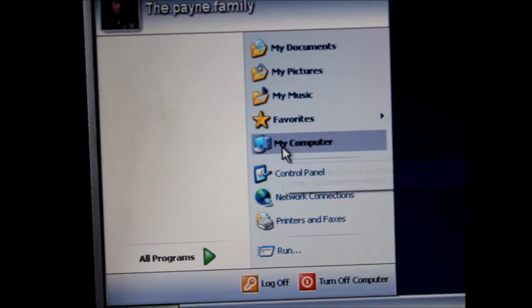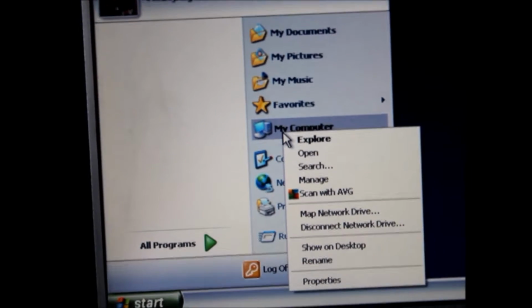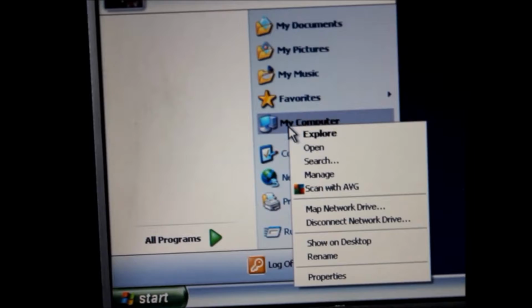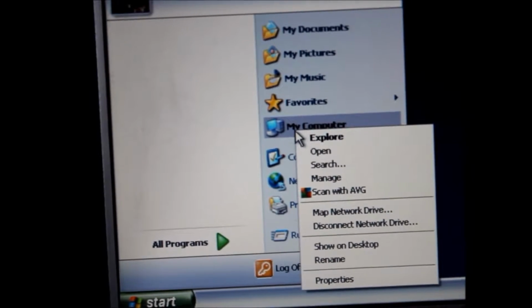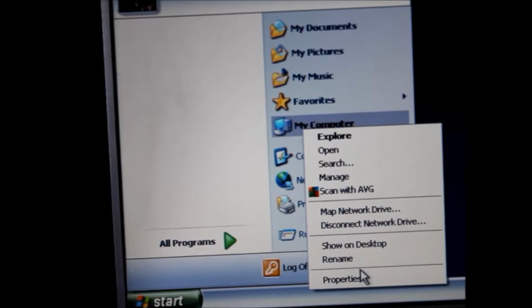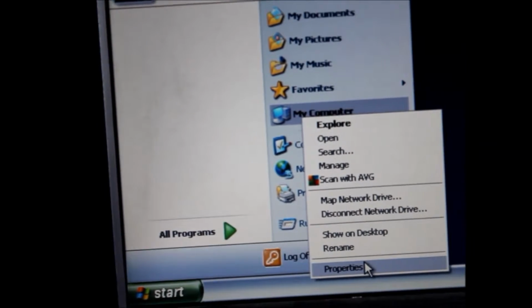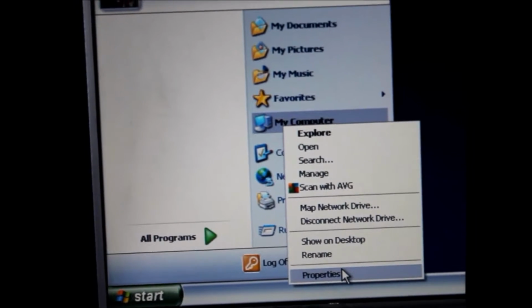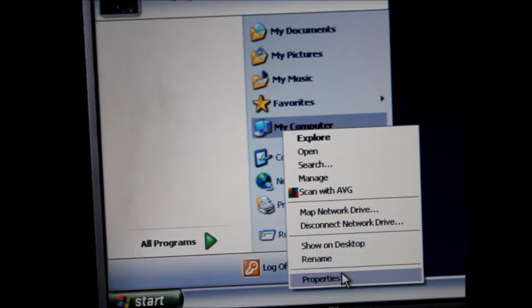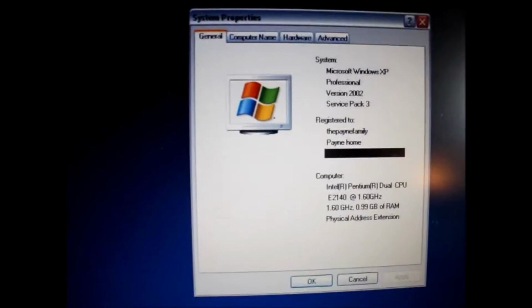If we have computer, like I said, if I right click and go to properties, I should be able to get a window telling me if it's a 32-bit or 64-bit. So we'll be right back. Alright, so here is the window that tells you about